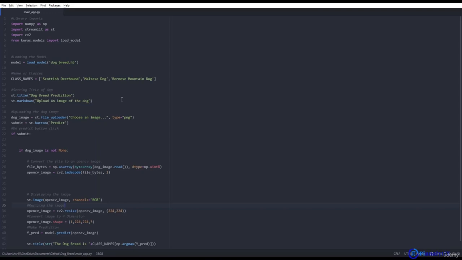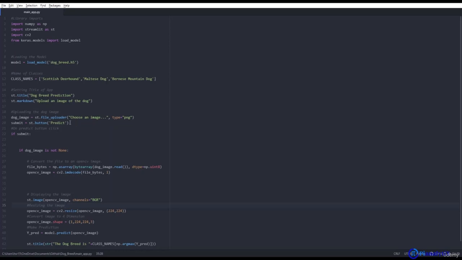So here we will take an image from the user, which should be a dog image, and we will tell which dog it is. In order to take the image from the user, we will use a function which is known as file uploader. It is defined under Streamlit. Here I have taken a variable named dog image, and in this variable I am storing the image that the user will provide to us through file uploader. A message will be displayed, choose an image, and the type will also be displayed, which is PNG here. You can change it to JPEG or anything that you want. It should be an image file for this model, and it will get stored into the dog image variable.